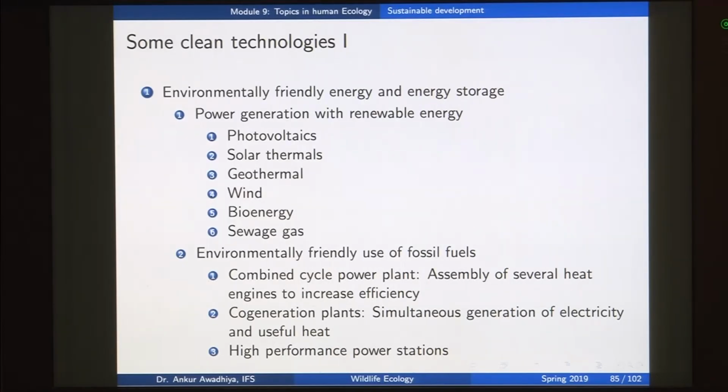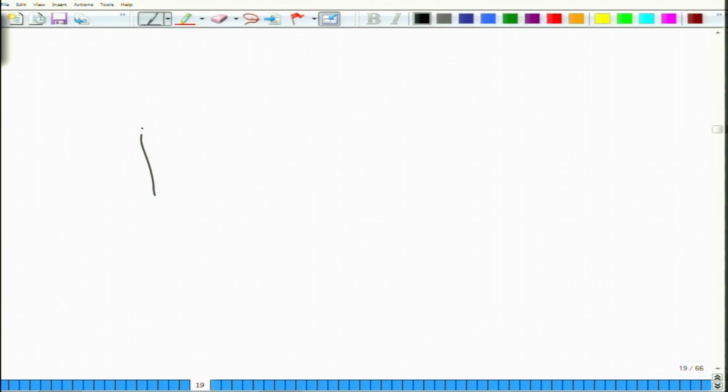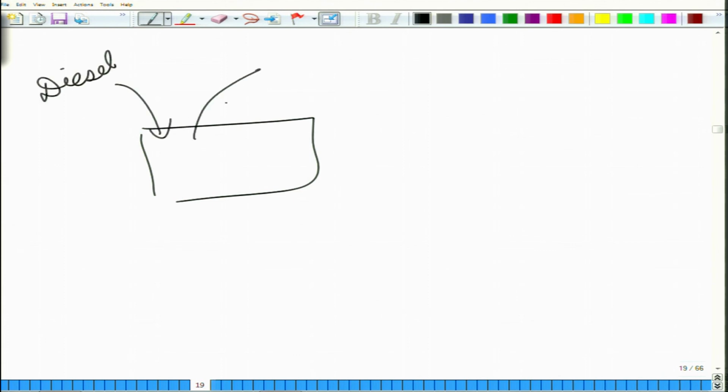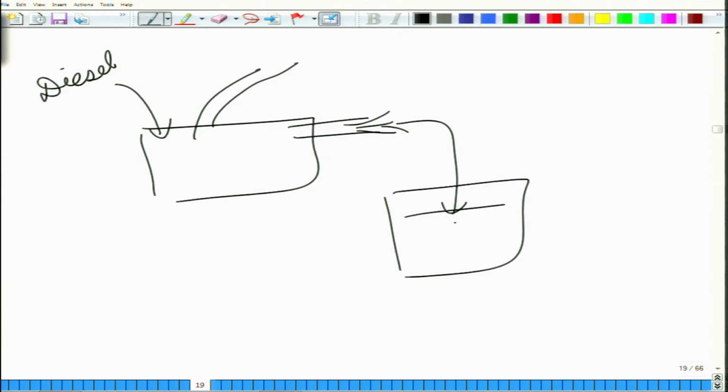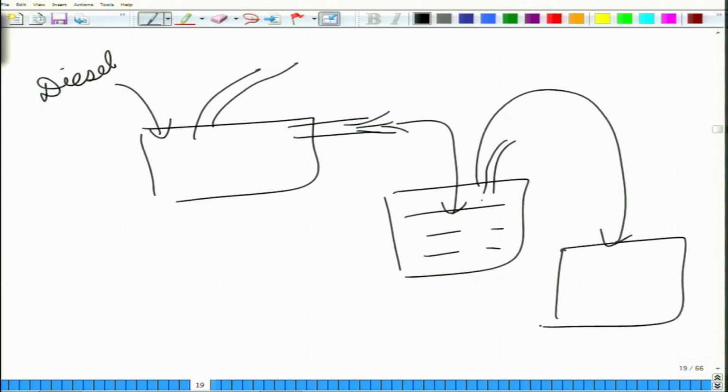Now, in the case of a combined cycle power plant, suppose you have a diesel engine. This diesel engine is taking in diesel and producing electricity. We are talking about a diesel generator. The gases that are coming out are also quite hot. In a combined cycle power plant, you put these gases into a tank of water, so that you are able to convert this water into steam. This steam is coming out at a very high pressure,